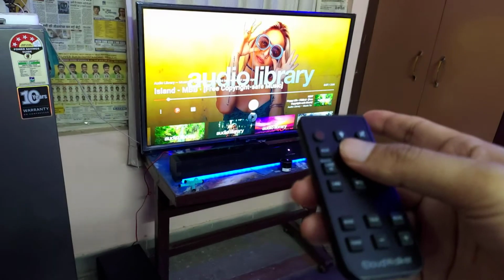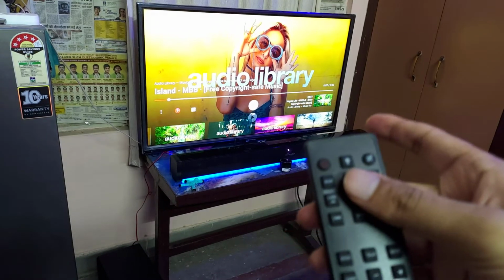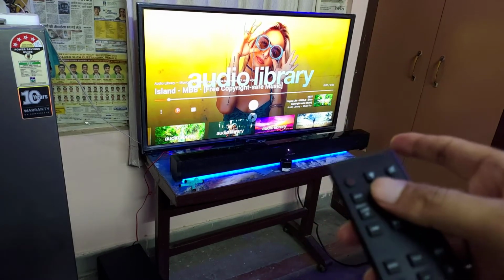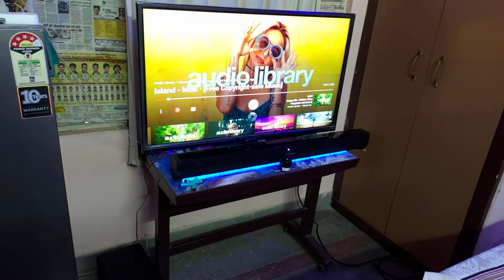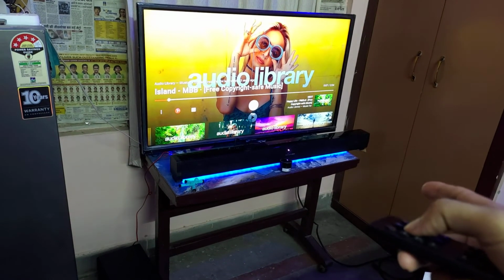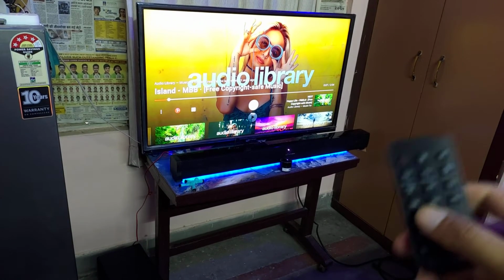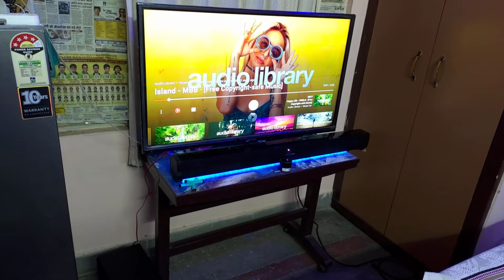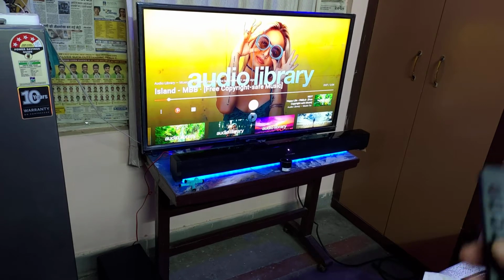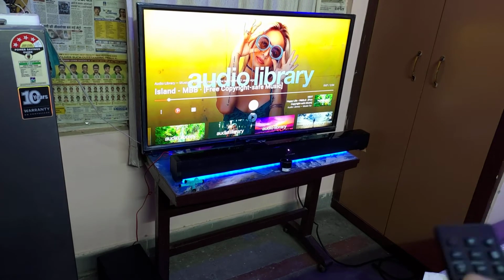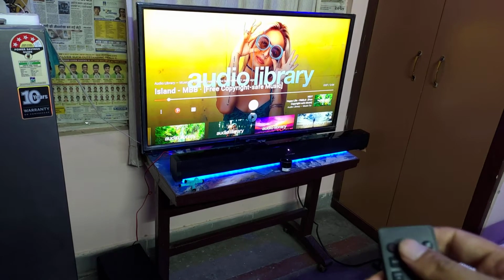So with LED there is one thing you need to remember, that whenever you turn on this sound system, this blue light will always turn on, so it doesn't have any mechanism to remember anything. If you want to remember something, you need to put this into a standby mode only, and according to the specs this soundbar supports 1 watt when it is on standby, which is really nice. So you can choose with that, or you need to always switch LEDs according to your own need.